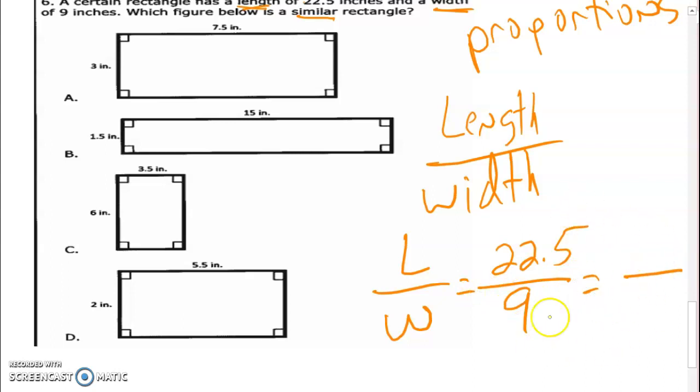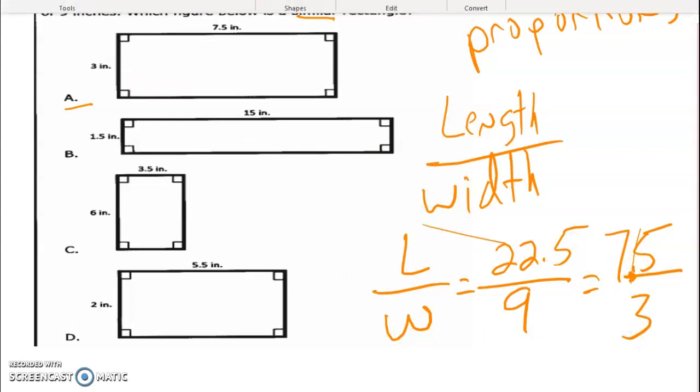The second one here, well, you're going to have to figure out which of these 4 is the length and width. Okay, so let's say you pick this one here. Let's say you think it's B. So the length is 7.5, so I'm going to put 7.5 here, and then I'm going to put 3. Okay. If you cross multiply,